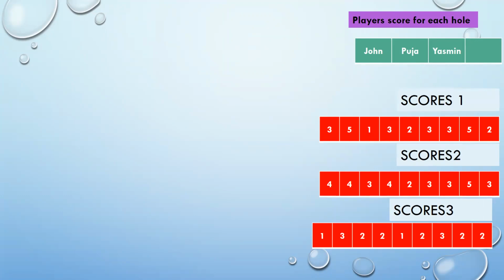Now, what you see on your screen are the arrays scores 1, scores 2, and scores 3. These are internally inside the memory. They are not getting displayed. We have to create the pseudocode to display these scores. So just for reference, just for understanding, I've put up the scores on the screen, but they are not in the form of an output. They are internally stored.